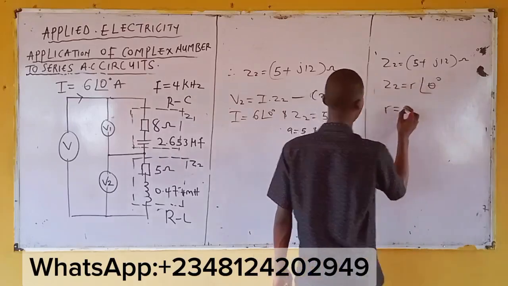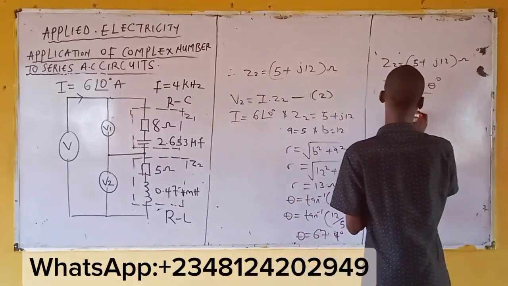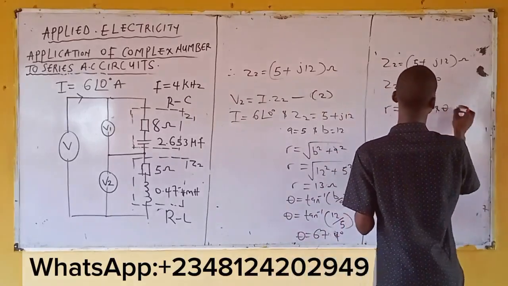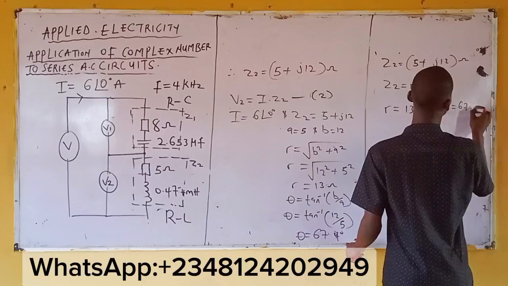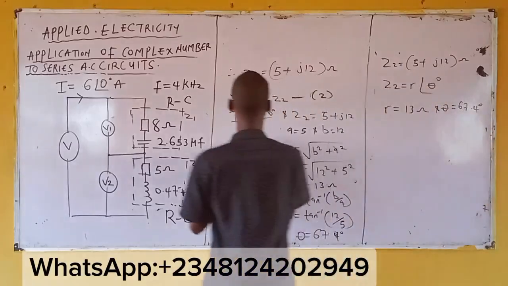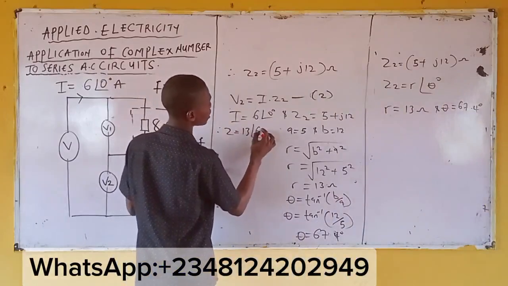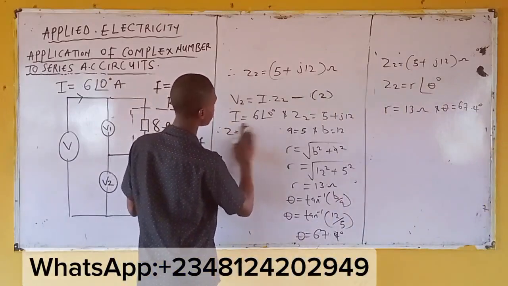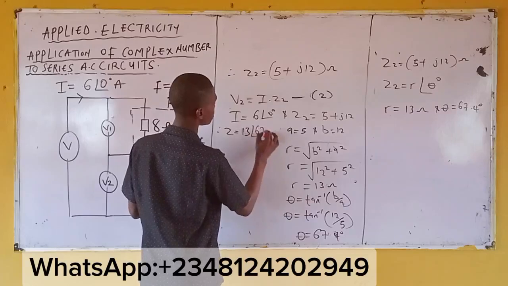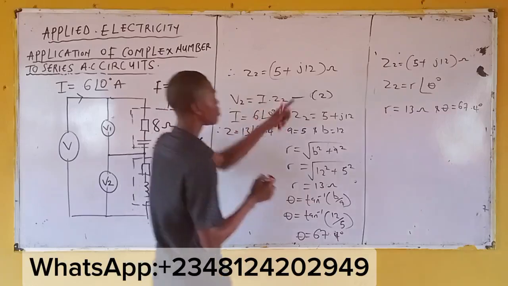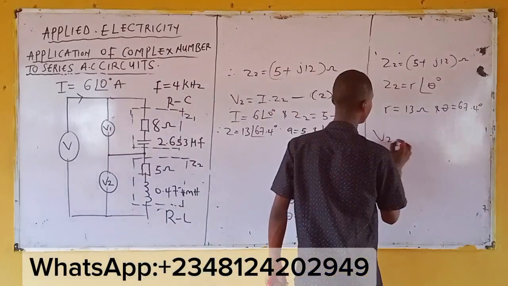And since we've gotten our R, what was our R here? 13 ohms. What was our theta? 67.4 degrees. Therefore, my Z becomes 13 at 67.4 degrees. Implementing equation 2,